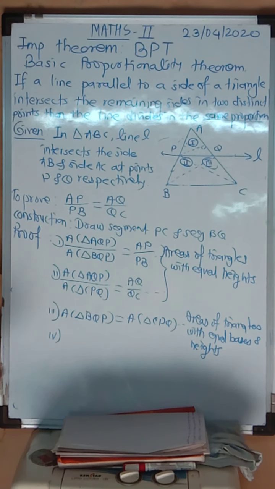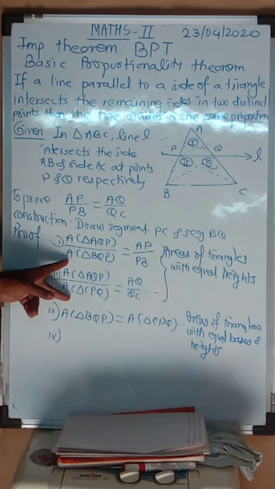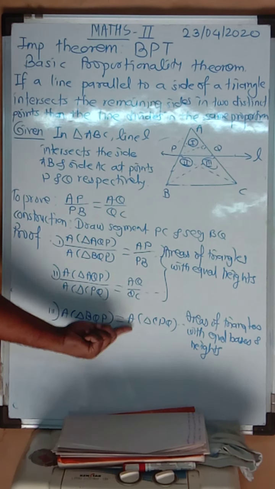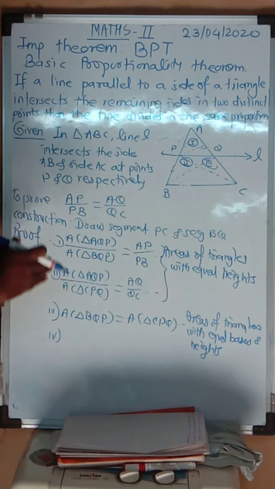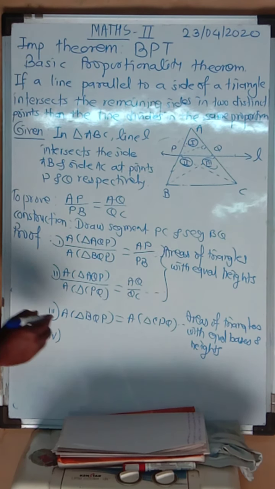You have to look at the statements first, second and third. What we see there, look at the left side of the statements first and second, the numerator, that is area of triangle AQP and area of triangle AQP is the same. What about the denominator? In the third statement, we have shown that the denominators are also equal. That means left side of statement first and left side of statement second are equal. We have to write this.